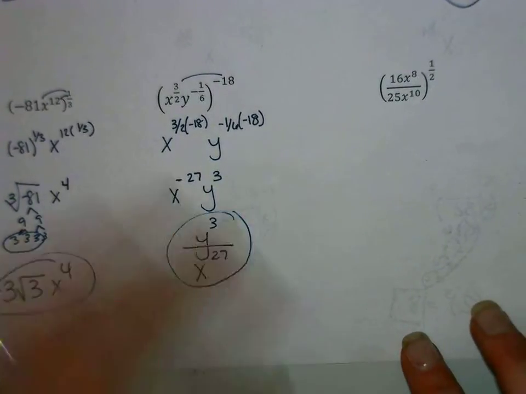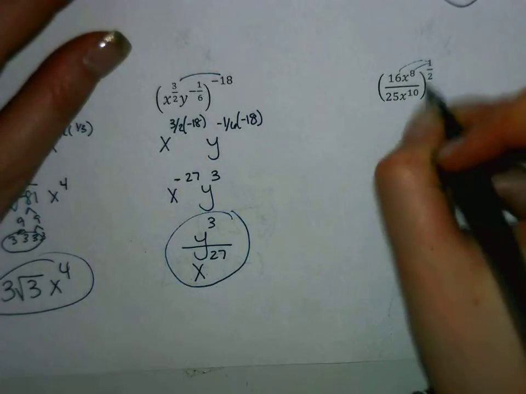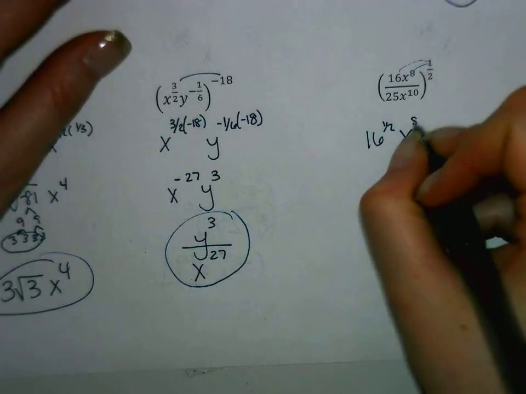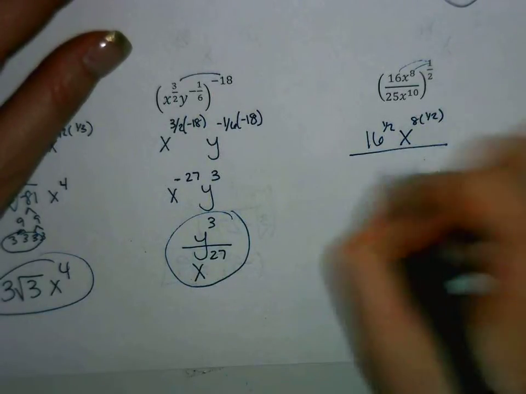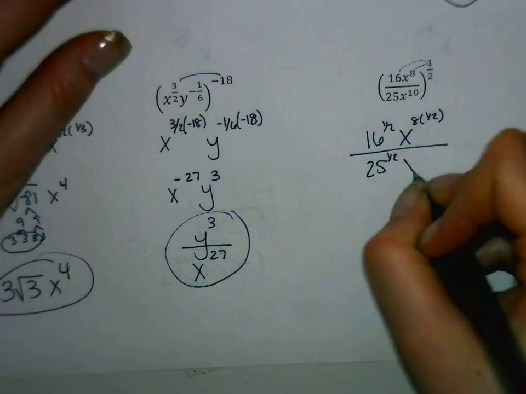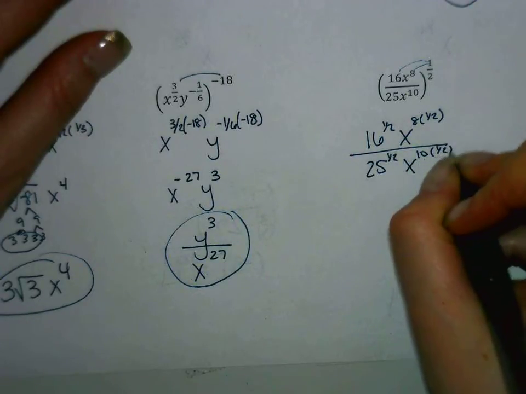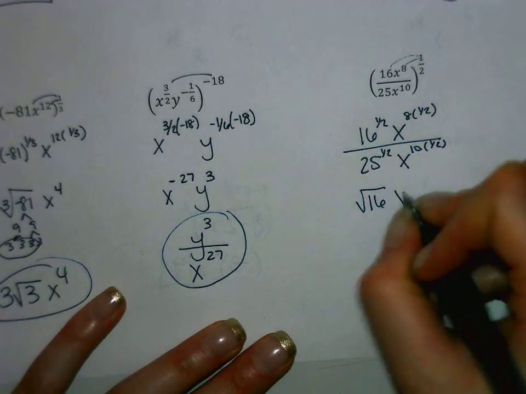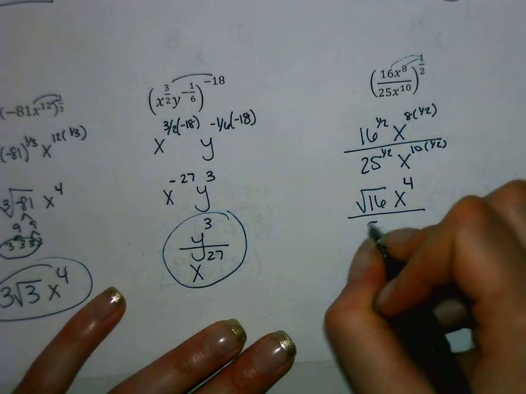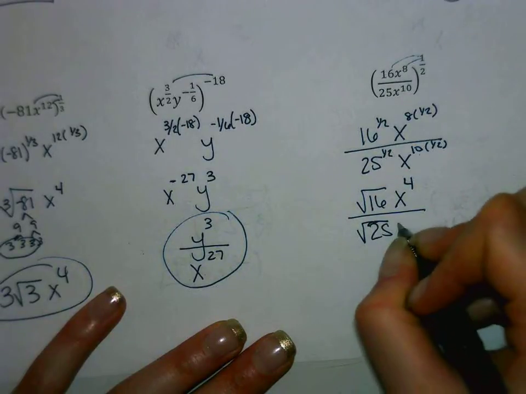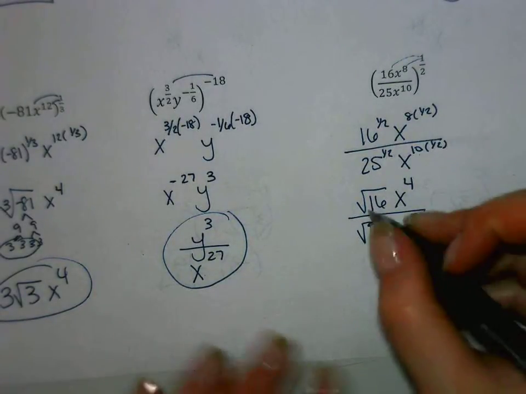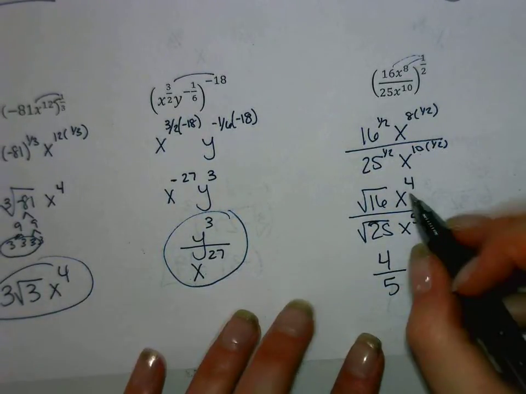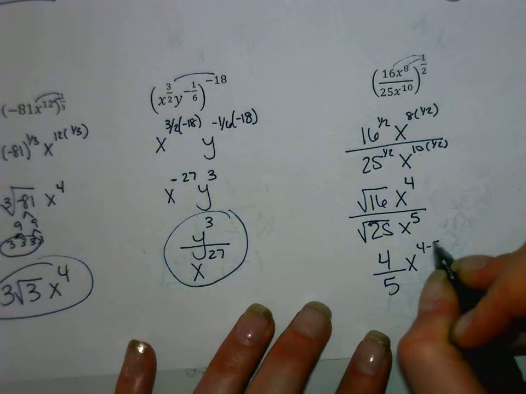Let's look at our last example. We're going to say we have 16 to the 1/2 power, x to the 8th times 1/2, divided by 25 to the 1/2, x to the 10 times 1/2. So that means we have the square root of 16, x to the 4th, divided by the square root of 25 times x to the 5th. So square root of 16 is 4, square root of 25 is 5, and then remember we have x to the 4 minus 5 when we divide